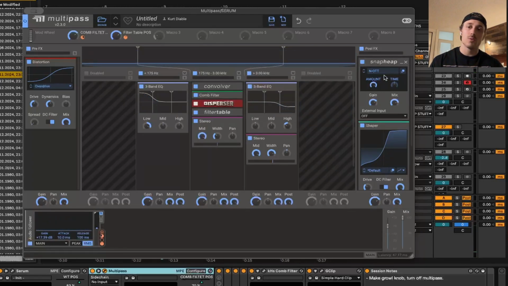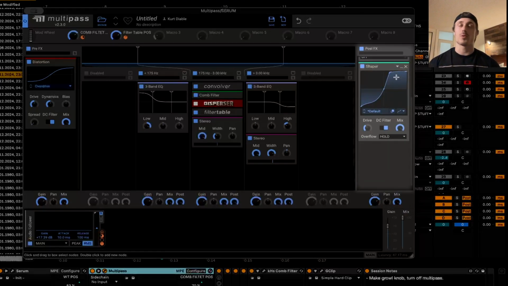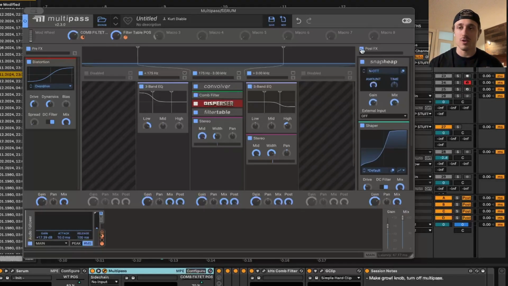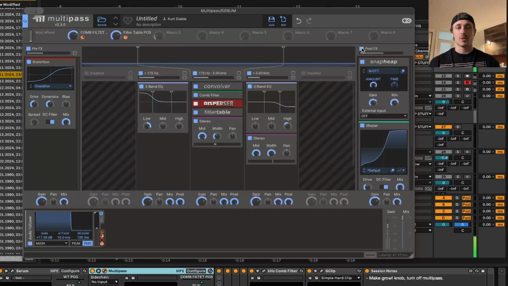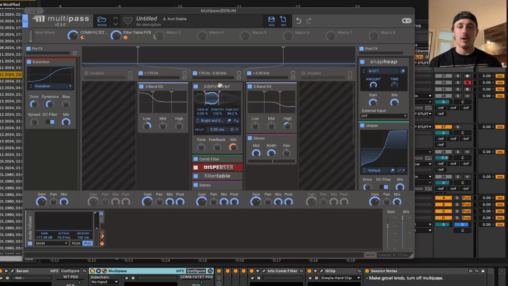It then goes, all these separately go into the OTT and then another shaper, which is another sign of distortion. So if I turn this off, it really adds a grit. Everything kind of does its part. Now, the cool thing is I'm an avid user of Convolver, and what Convolver is, is pretty much an impulse response, which takes a sound of a bass or whatever you put into it, and puts that sound into your current sound. So if I turn off everything else real quick,